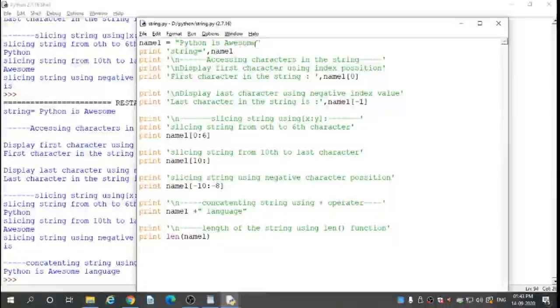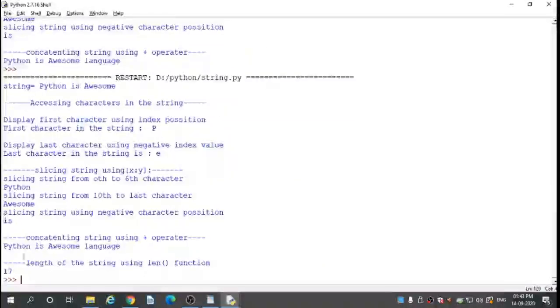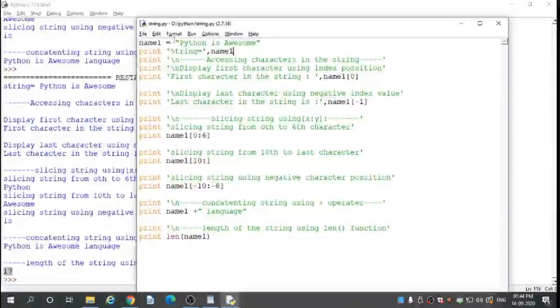So here length is 17. I run this code. So here we calculate the length of the string using the len function, the length function. So here output is 17. Here calculating the length of the string.